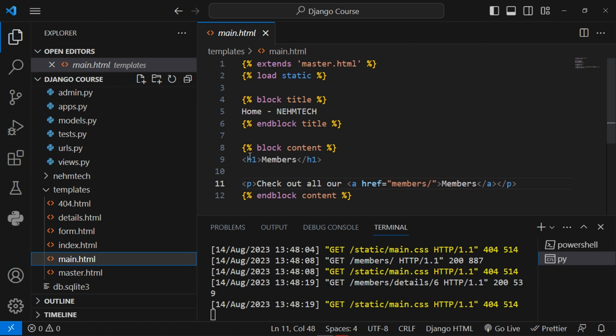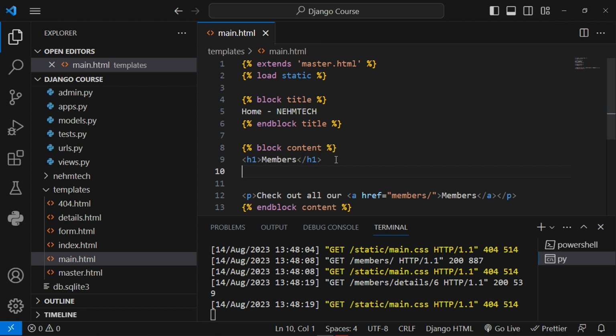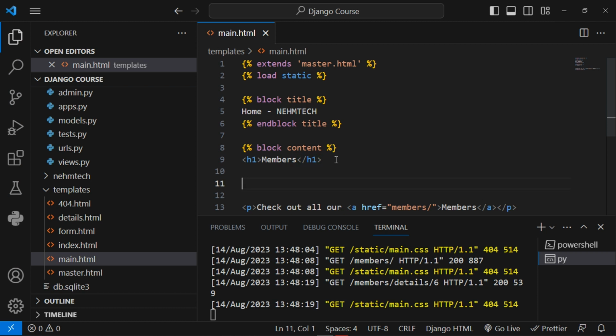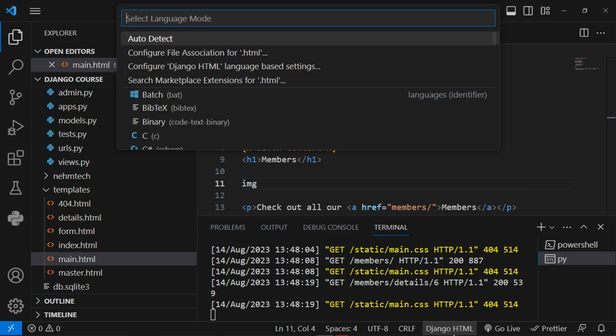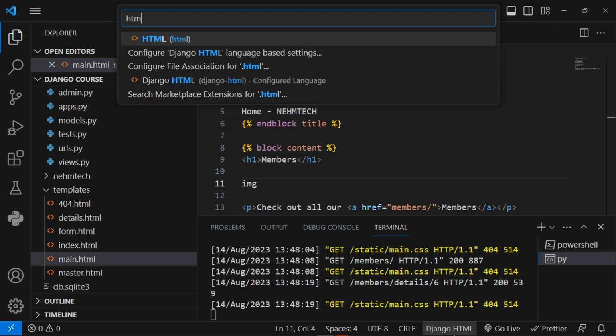So guys, if you want to use that image, you have to load first of all the static here at the top. Let me just say, you remember the tag to handle the image. So the tag is just img. Let me change here to html